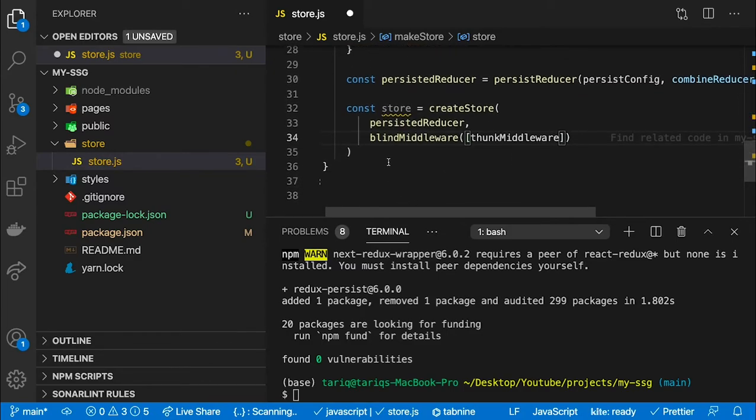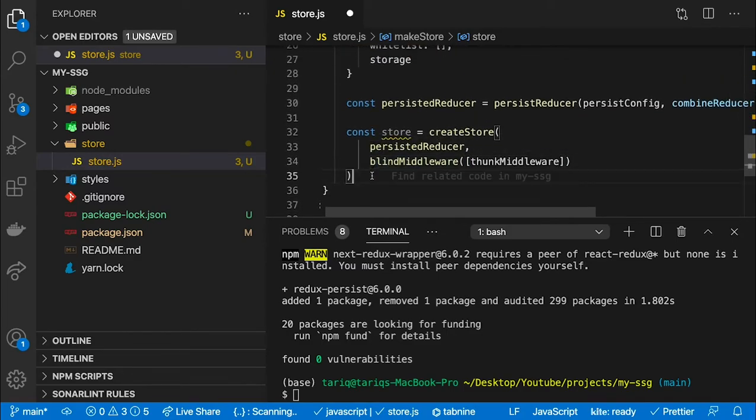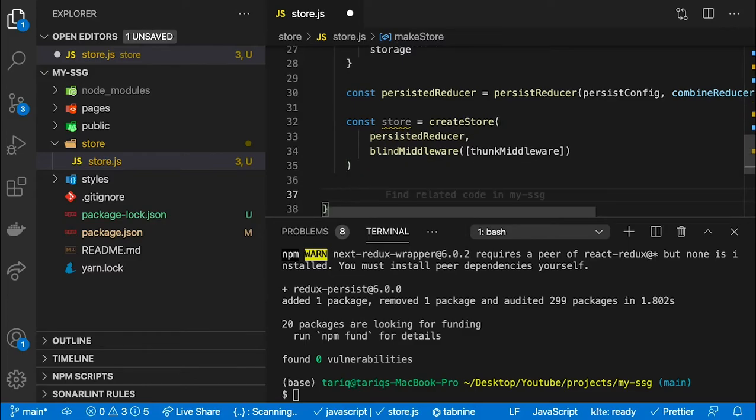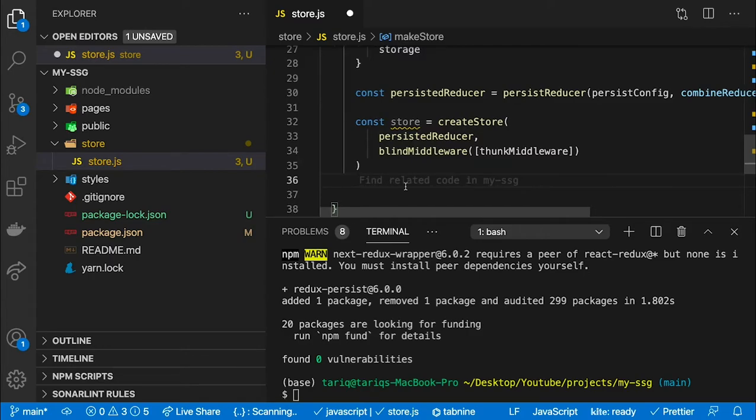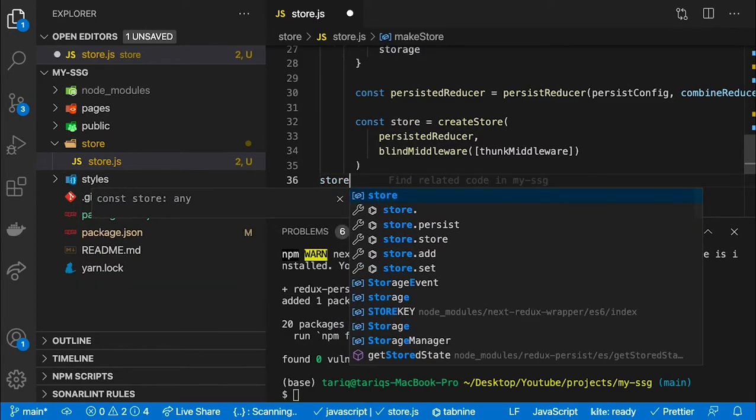So right now, I'm gonna have to use a persister to push the persisted object so that it will be available in our app. So how to do that? So we can do store dot,